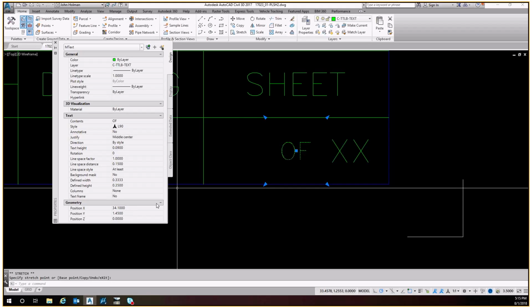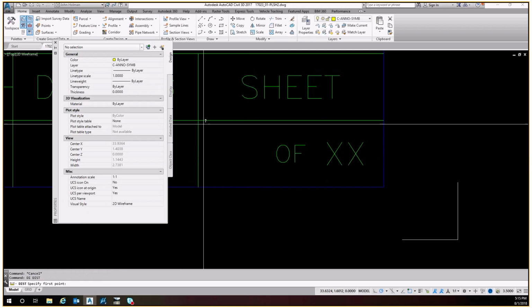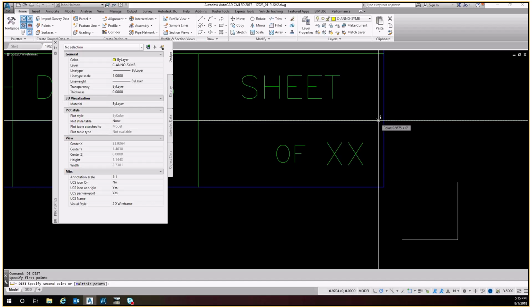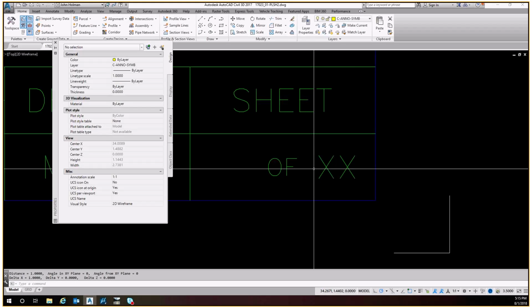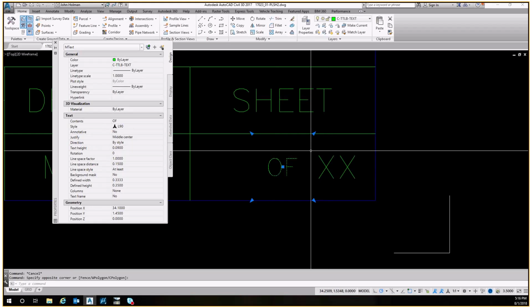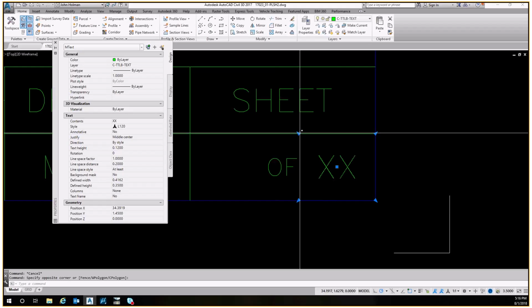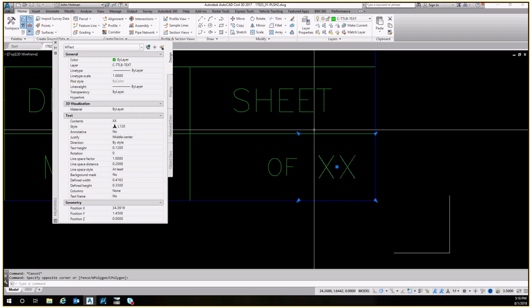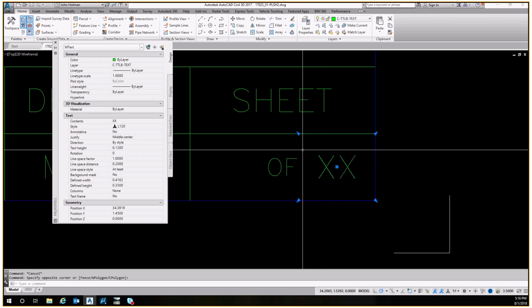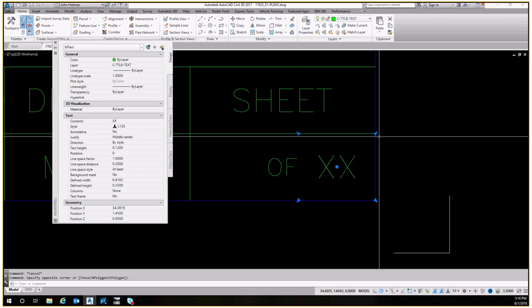The X looks good at 34.1, and we've got a defined width of 0.33. The total width of this box is 1 inch. So we know, since this is 1 inch, if we wanted to divide this up into thirds, we could make the X's for the sheet numbers 0.33 to have this divided up into even thirds, but we don't really want that. We're actually going to want these to be about 0.4 wide, which this one already is close to that. It's at a defined width of 0.4162, but we can just go ahead and change that to make it 0.4